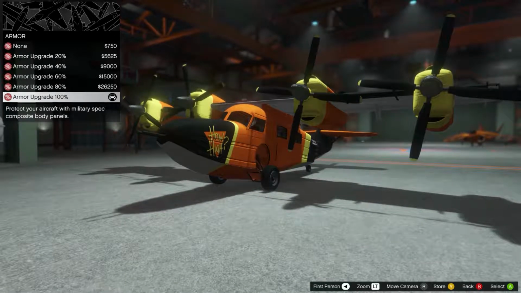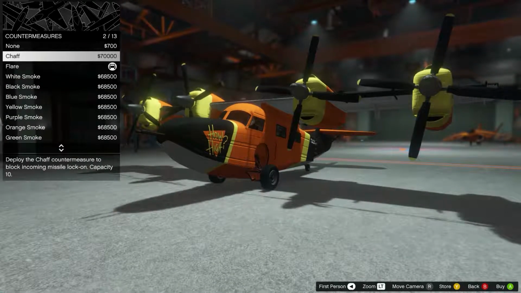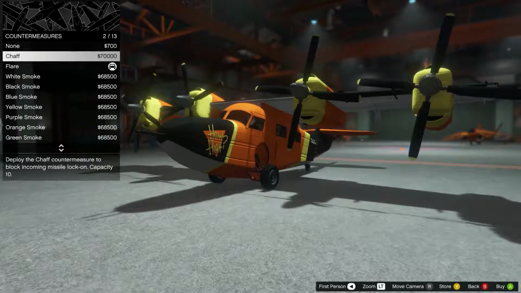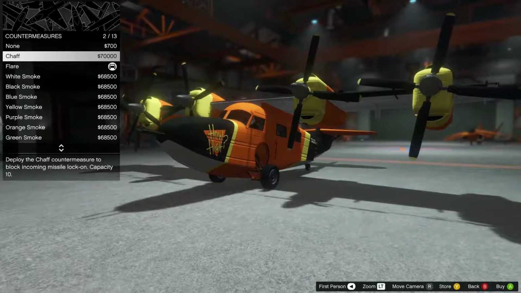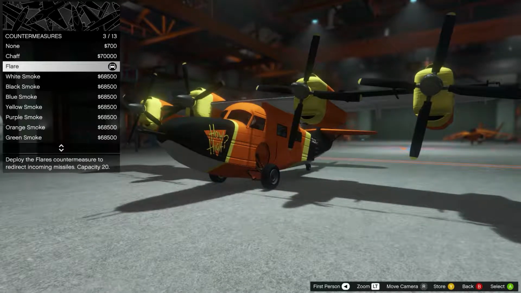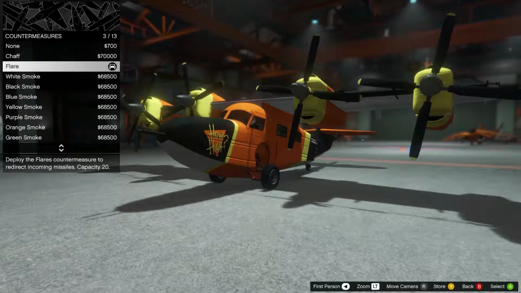All right, so there's armor, 100%. Countermeasures. You know, chaff is for blocking incoming lock-ons. So if a guy is trying to lock onto you, just deploy these and they'll be blanked out for a moment. It's not permanent. So far, I really like the flare one, because that actually is pretty...